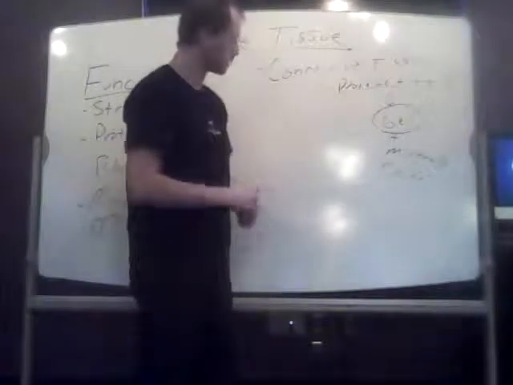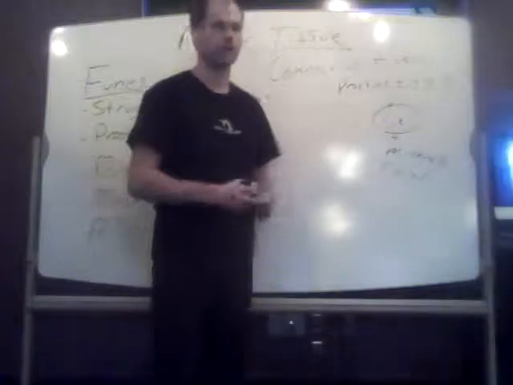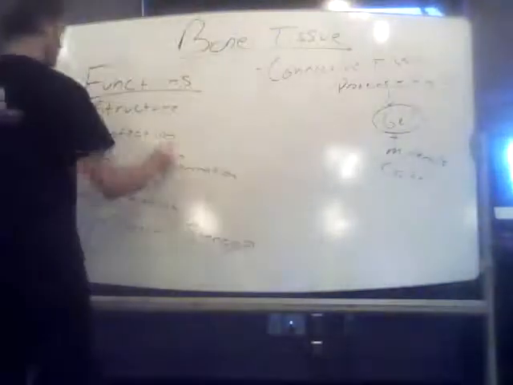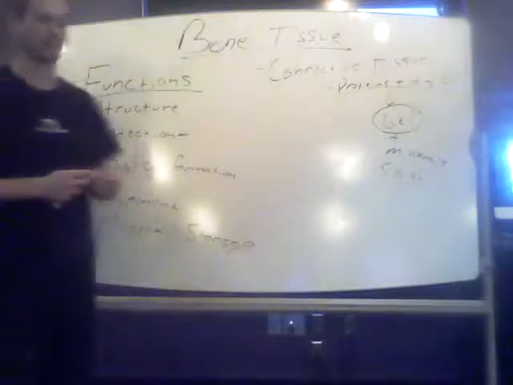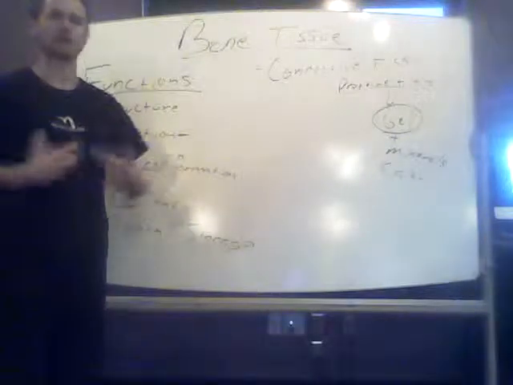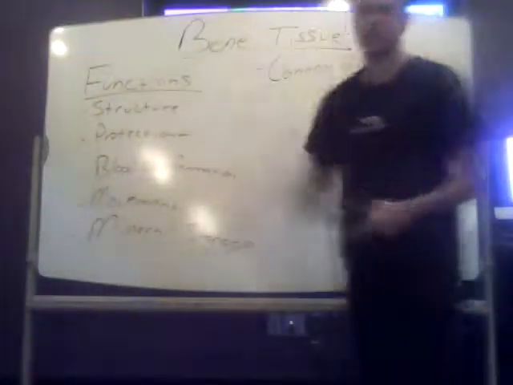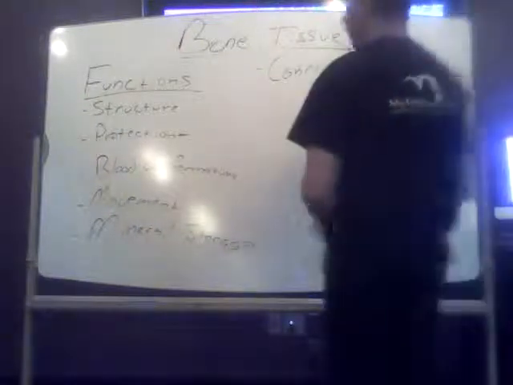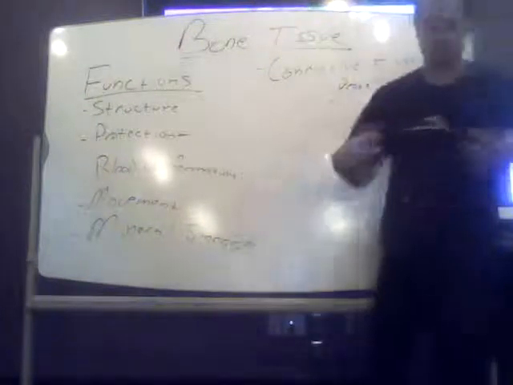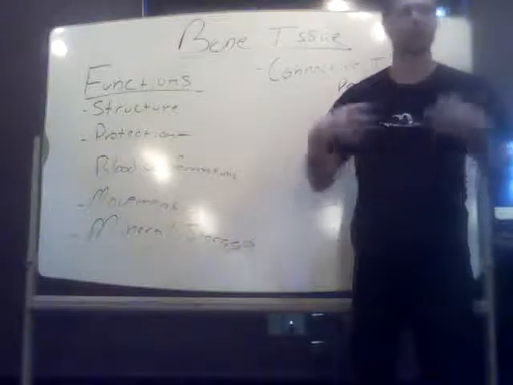All right, but the strong structural nature of this connective tissue gives us protection as well, because there's a good handful of our bones that cover vital organs of the body. For example, you've got your cranium protecting the brain. You've got your vertebrae protecting your spinal cord. You've got your thoracic cage, your ribs, and your vertebrae protecting your heart, your lungs, your thymus,